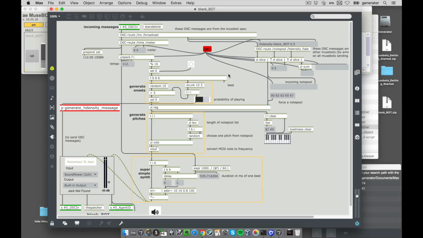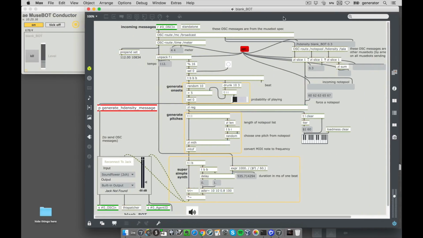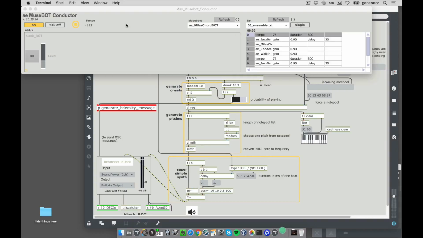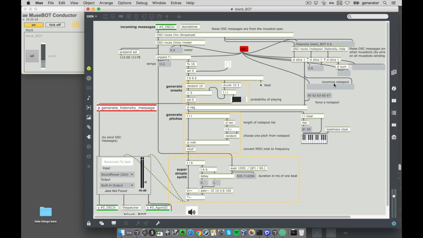Now if it does trigger an onset, it's going to select from a list right here that is the incoming note pool. We see here the incoming note pool, but there is no note pool that has come in yet. There's no other Musebot that's generating anything. So if I just select the Miles Chord Bot, that is going to start generating a note pool. We can see here, there's nothing come in yet. And as soon as, oops, there we see the